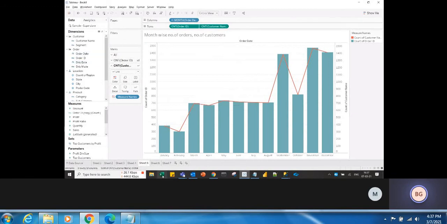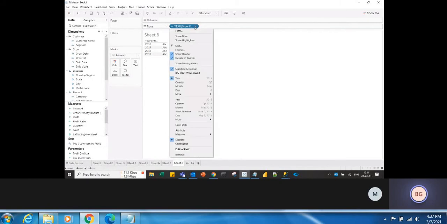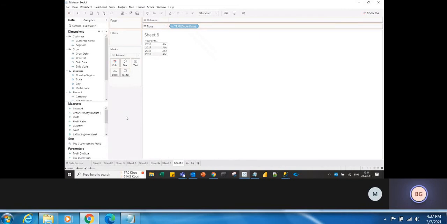Because year or order date you cannot convert as a measure. So I'm dragging the year here. If you click here, you don't see measure. So what is the measure here? It is showing count, count distinct, minimum, maximum. That means even this order date, the date field, is a semi-additive measure. So depending on your requirement, you can apply the aggregations.